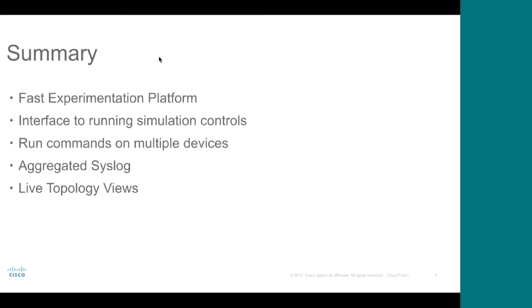So in summary, what the live visualization framework is, we're trying to make it a fast experimentation platform. There's lots of things that you do once you've got a simulation up and running that is often a repetitive task, or you're ending up trying to write down show commands on a bit of paper and trying to draw how all the bits fit together. So what we're trying to do is to automate that so that you can concentrate on experimenting with your network topology, whether that's for learning or mocking up a production network or something like that. So you're spending more of your time playing around with and carrying out what-if scenarios rather than trying to stitch together how the network's actually working.